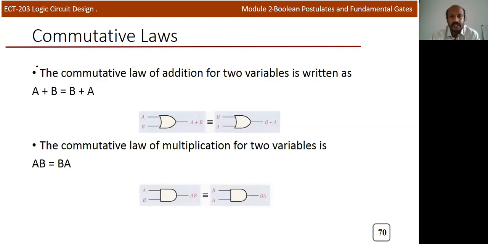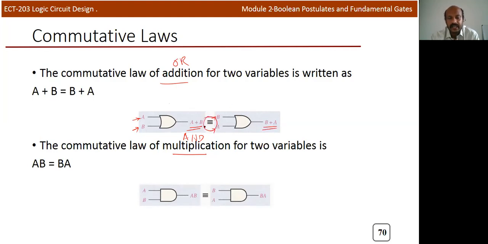And this is known as the commutative law. Commutative law for addition and multiplication, or in other words, for the OR operation and for the AND operation. So here you can see an OR gate, and if you perform the OR operation by applying A to the first input and B to the second, you will get A or B as the output. And if you change the input lines like this, first line is applied by B, second is A, you will get B plus A, it will be the same.